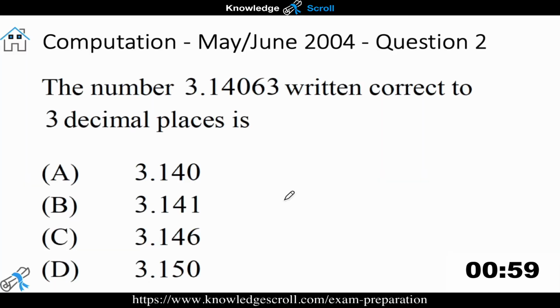In this question, you're asked to write the number 3.14063 to 3 decimal places. To answer a question like this, the first thing I do is identify the third decimal number, and that would